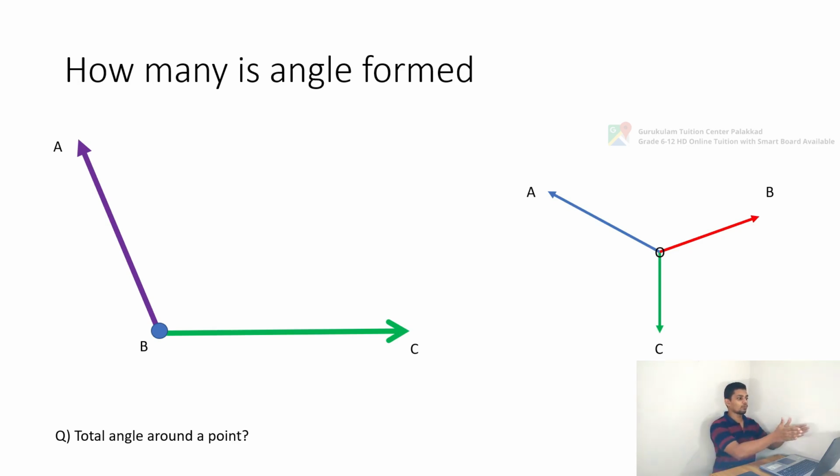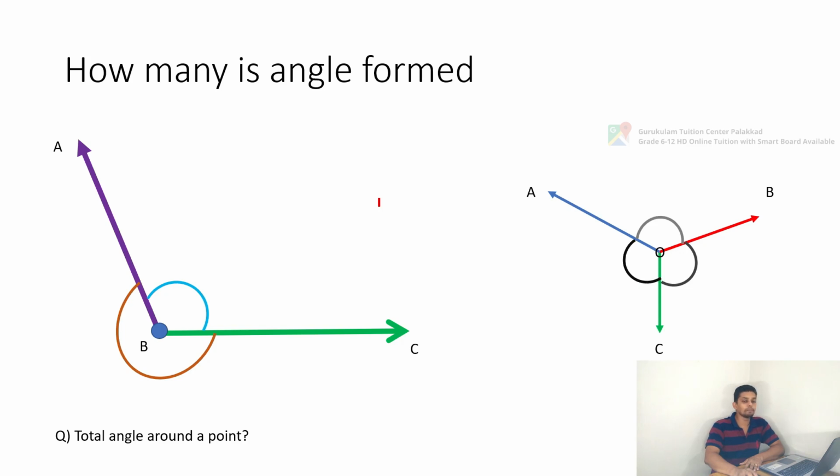So let's check one more thing, how an angle is formed. We have just hinted before how an angle is formed. If you consider an open figure here, an open angle, how many angles are forming? One angle is formed here, another angle is formed here. So two angles are formed in the case of this figure. When we analyze the second figure, one angle is here, another angle is here, another angle is here, and there comes a combination of angles, one like this, another one like this, and another one like this. So this is how angles are getting formed.